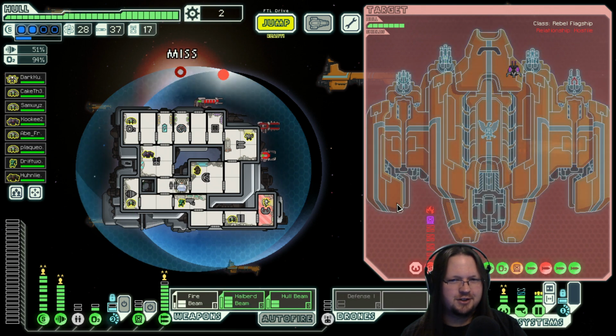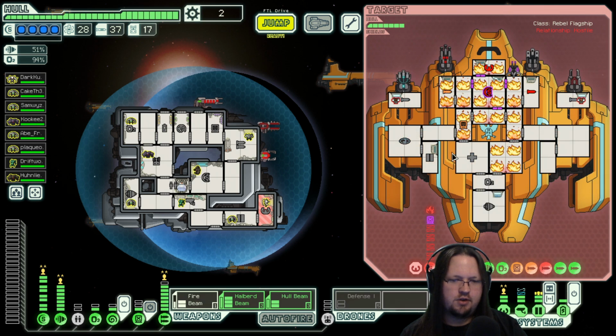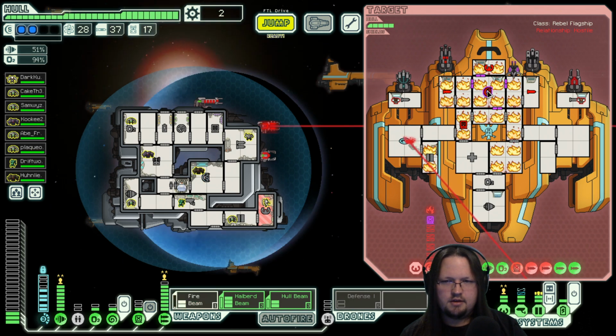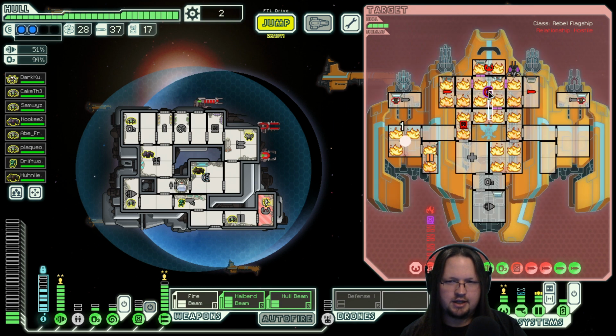I was just going to take out his cloaking. Avoiding the medbay. We don't need to kill the medbay. The reason that they are so completely and utterly screwed is because they don't have free movement between doors. If they want to get over to their missiles, they have to bust down this door and this door. If they want to get into shields, they have to bust down one door. If they want to get to piloting, they have to...